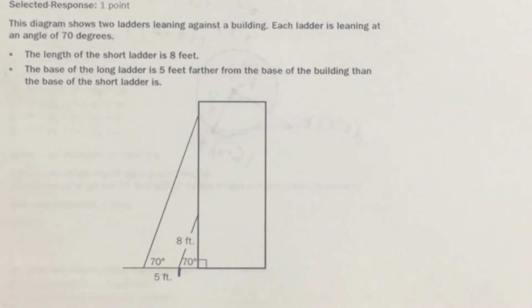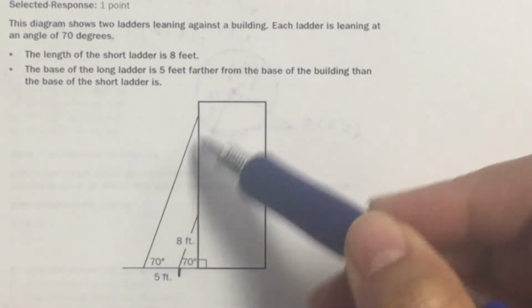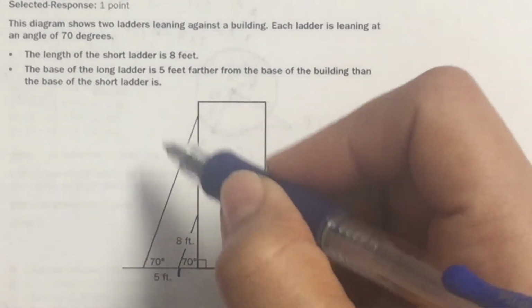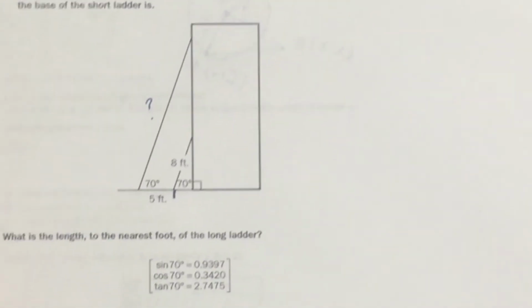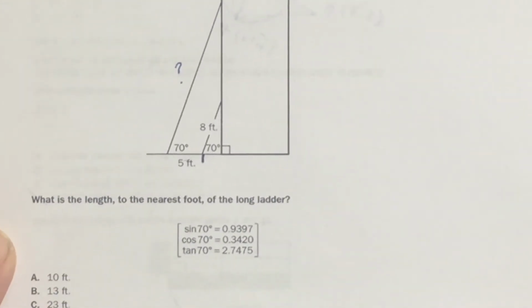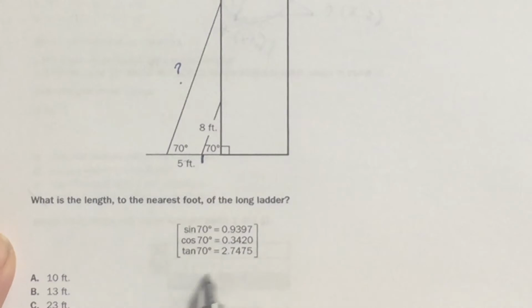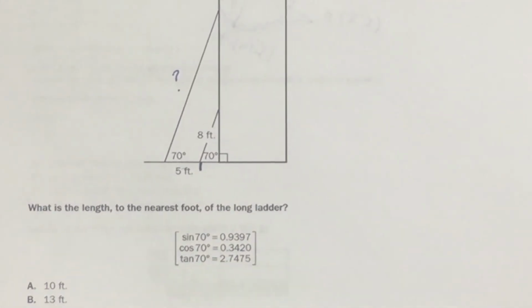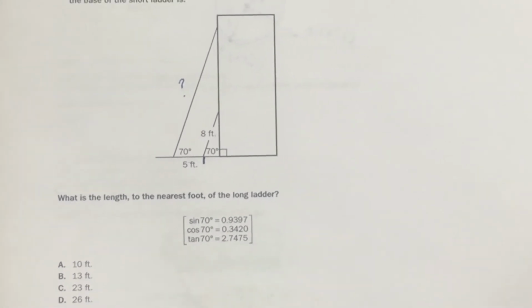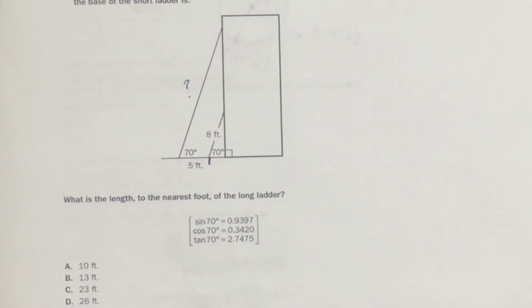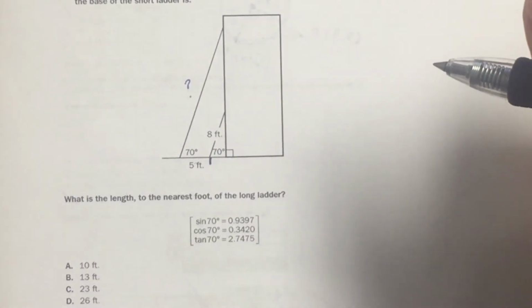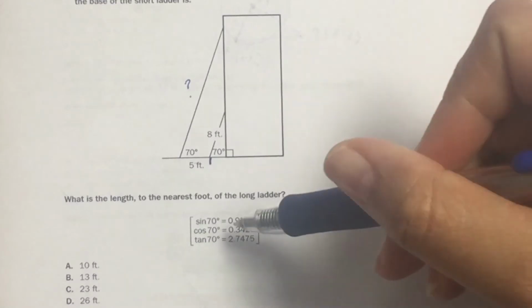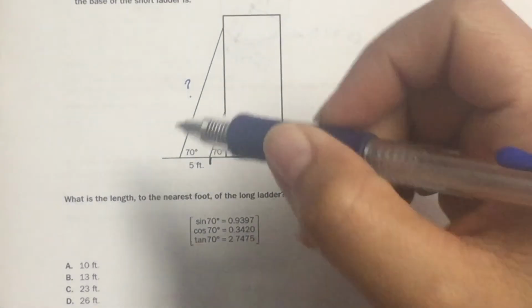What is the length of the nearest foot of the longer ladder? So this is what I'm looking for, question mark. All right. I'm assuming there's no calculator because they're giving you options. On this one, you're not allowed to use a calculator. So what can I do? All right, so let's do this. Oh, you are allowed to use a calculator, just not a scientific one. All right, let me find